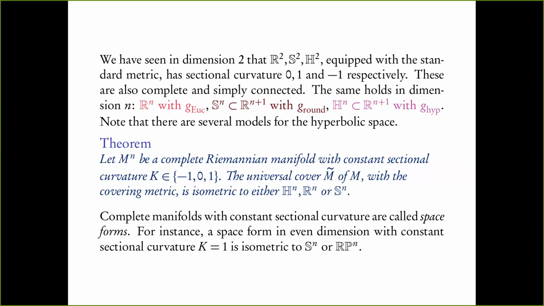So this is a nice classification, and you will see a version of this for n equal to 2 in Sandeep's talk, where he's going to talk about what can happen for Riemannian surfaces. It turns out for a Riemann surface of genus at least 2, they can be covered by the upper half plane. And because the upper half plane has this constant curvature -1 metric, with some work you can show that that will induce a constant curvature -1 metric on any surface of genus at least 2. So that's what Sandeep is going to talk about.